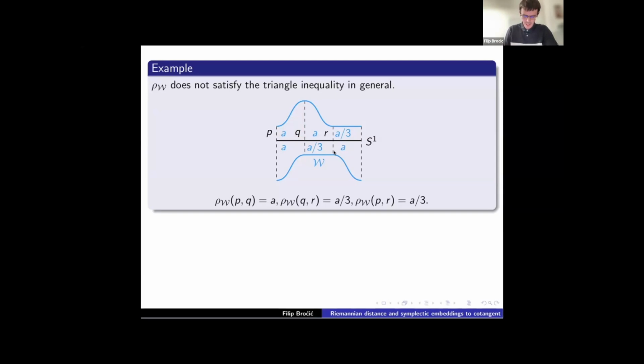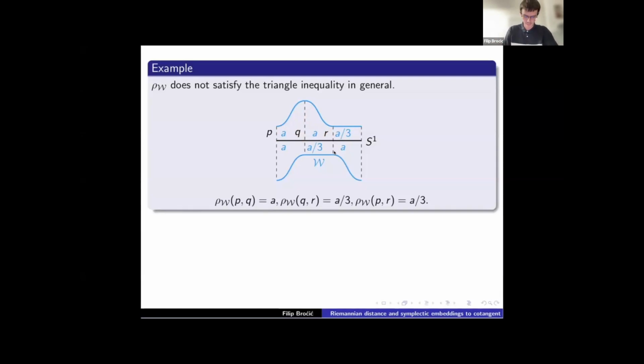And in this particular case, from the figure, we can see that this symplectic distance between P and Q is going to be exactly A. And the reason is because we have more than A on the right-hand side. So if the area here was less than A, actually the distance between P and Q would be just this area, which was on the right. So this area here gives us the obstruction